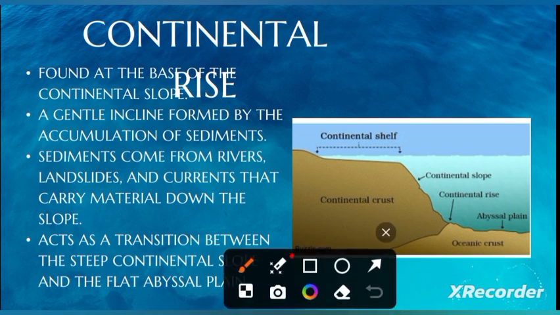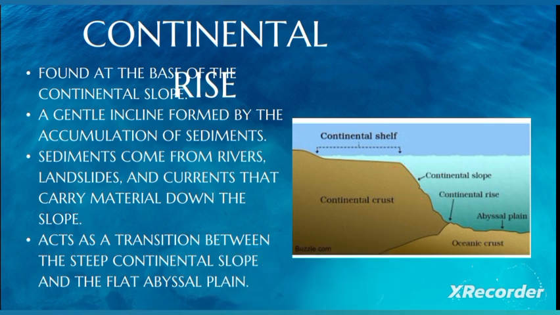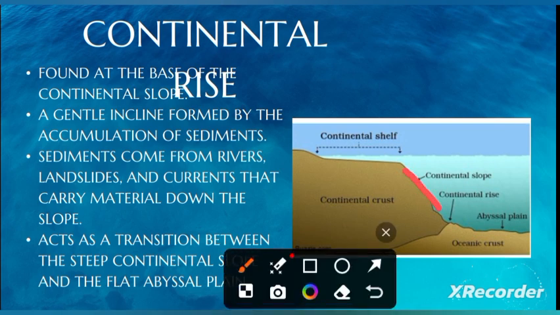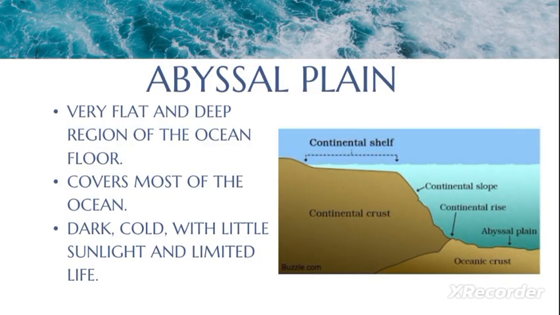Now here we are having the continental rise, the rise area. So why are we having a continental rise? Because continuously the sand and the sediments are flowing down due to erosion, due to weathering, and whatever is collected in this area, we call it the continental rise. A rise area found at the base of the continental slope, because of the erosion and weathering, the sand and the sediments falling down are accumulated at this area, and we call it the continental rise.